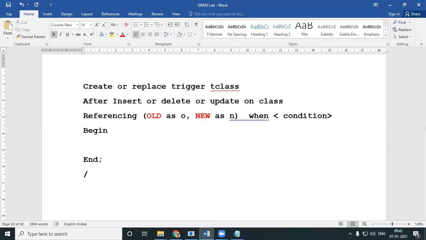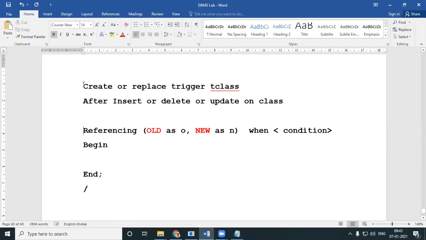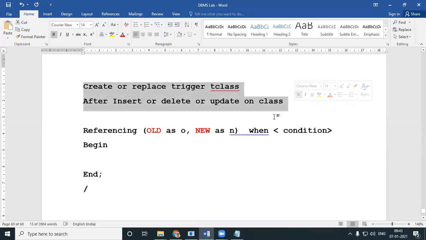On class. Which means I am creating a trigger called T class, which after any insert, delete or update query on the table called class, something is going to happen. What, I don't know yet. I'll write it down. So that is the meaning of these two lines.